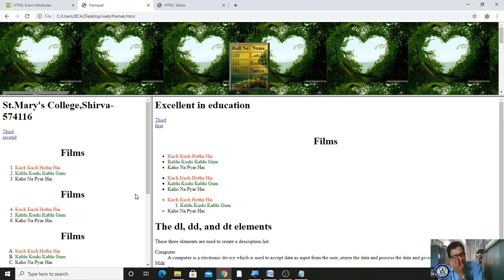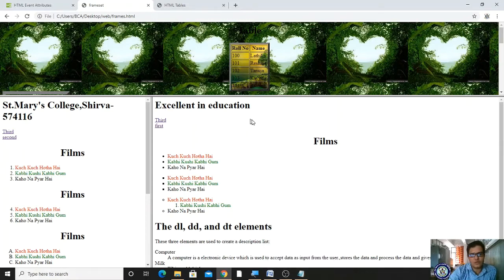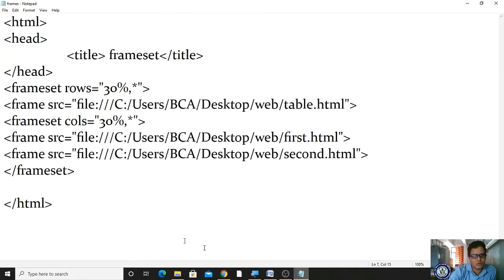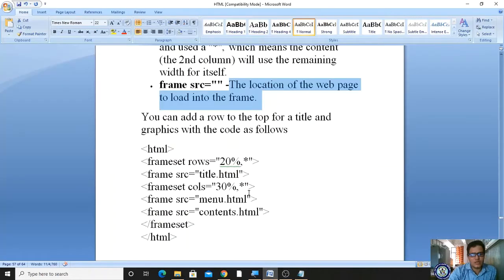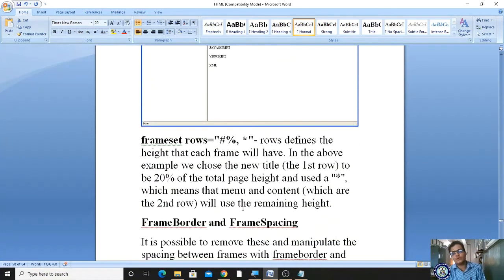If you observe now, whatever frameset you have mentioned in the row will appear in the row. This row is taking 30% and the rest is 70%, and in this rest 70% we have once again divided into 2 frames: one of 30% and the other of 70% as columns. Likewise you can do your framesets. So hope you are understanding this concept, right? This content is displaying like this. So you can use the frameset as rows as well as columns.